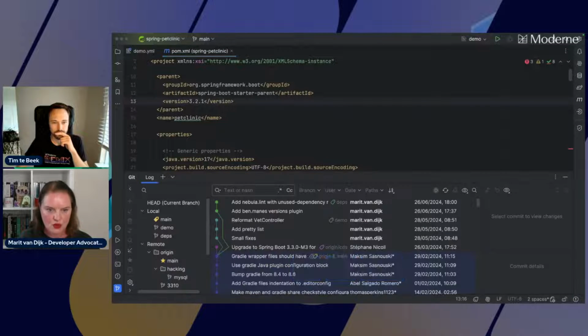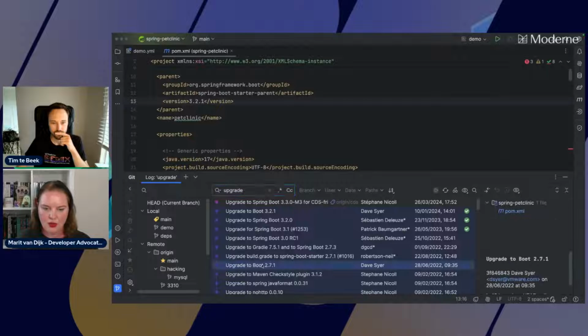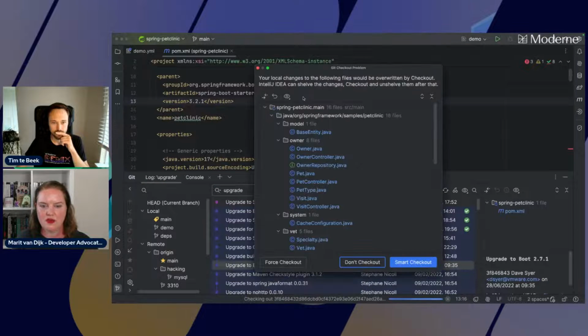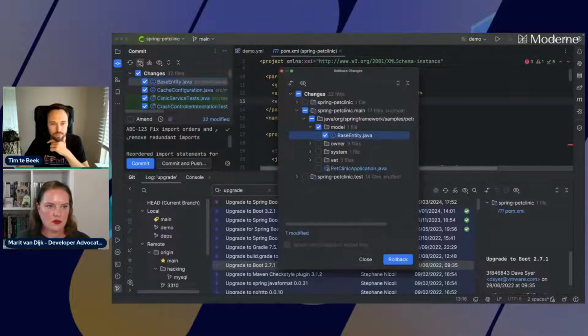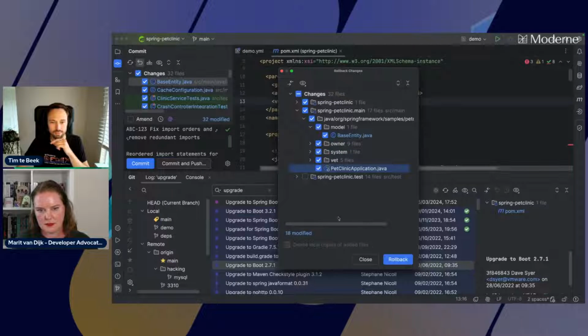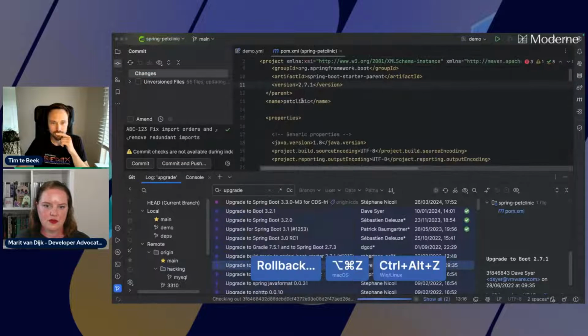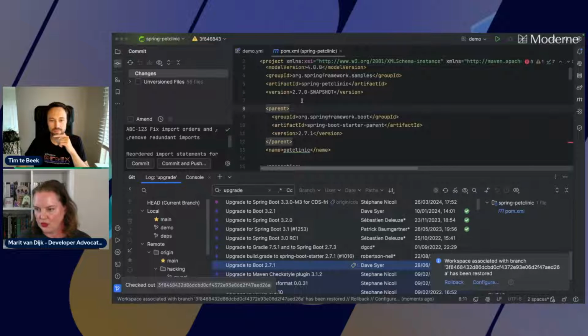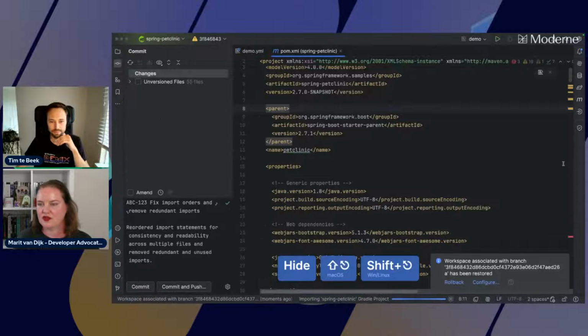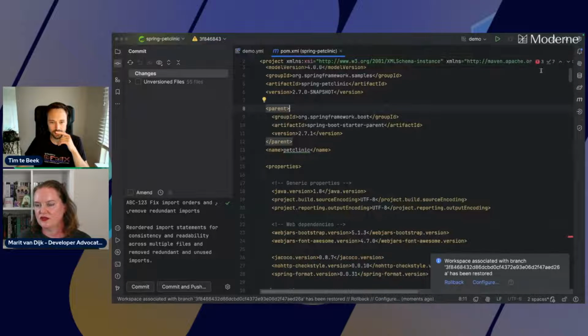But if we go to an older version, so let me look for one where they upgraded Spring. And if we go to an older version, so we check out this revision. Oh, wait. Roll back everything. And try again. Check out this revision. So if we go to an older revision, so this would be Spring Boot 2.7, it will index the project again. And now we see this,